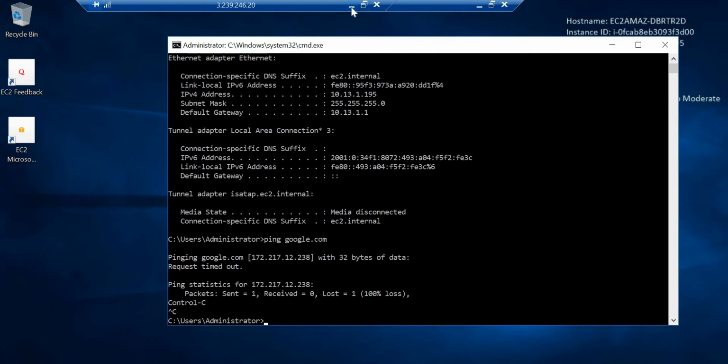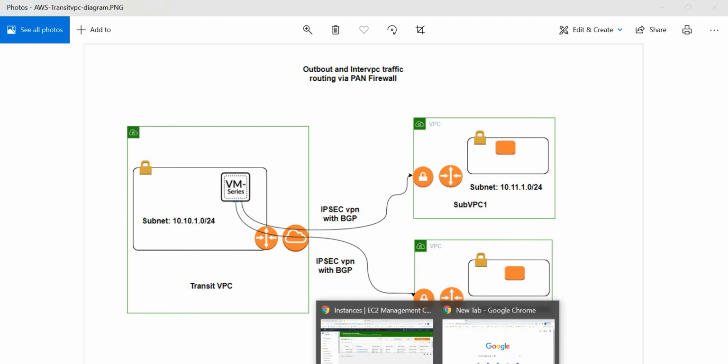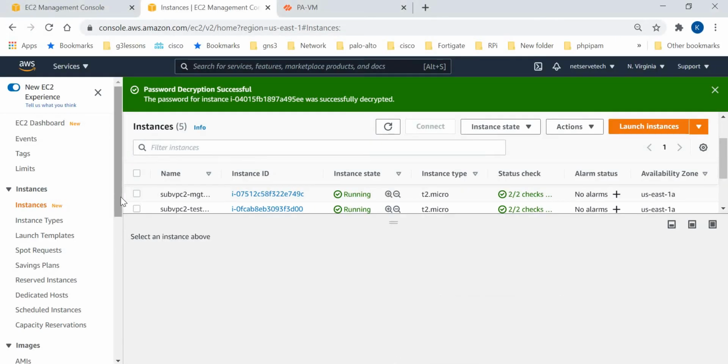So we will be building IPsec tunnel between subscriber VPC 2 and firewall now. So for that, what is required? We need to create a customer gateway and then virtual gateway. Okay.